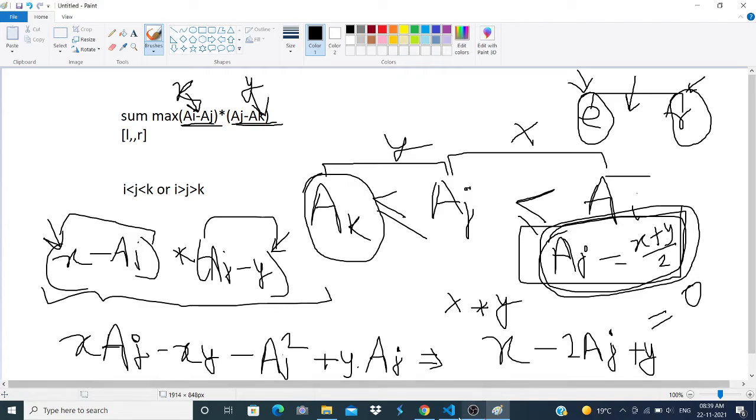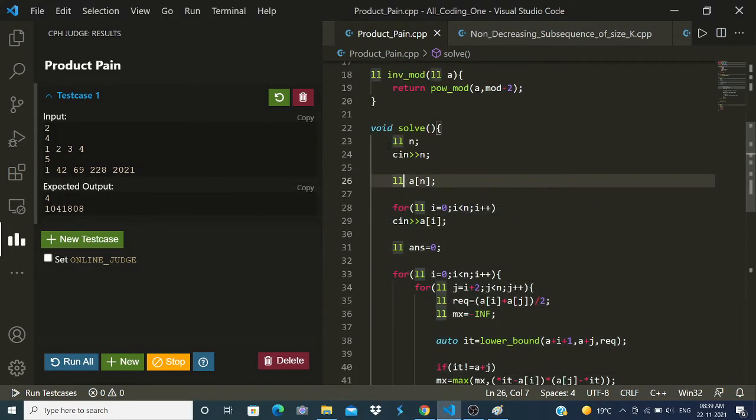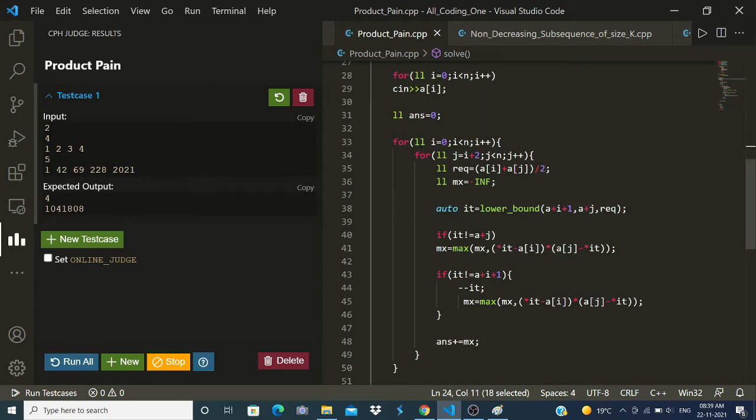And this is all I just did here. Basically, I just took n, then took the array, and I'm iterating over all the subarrays, fixing the left bound and fixing the right bound, and as the length of the subarray needs to be at least 3, iterating from I plus 2.